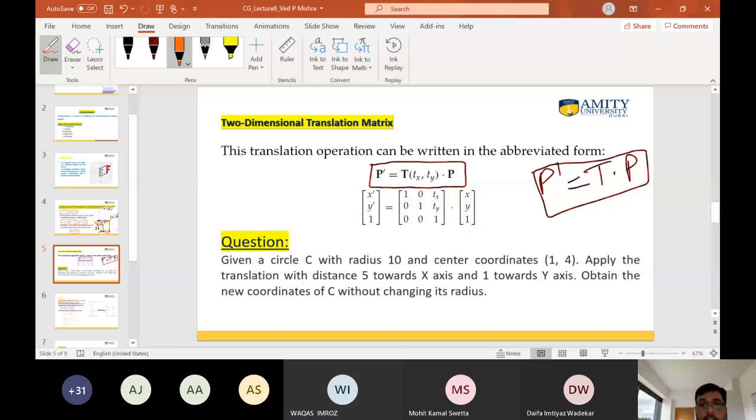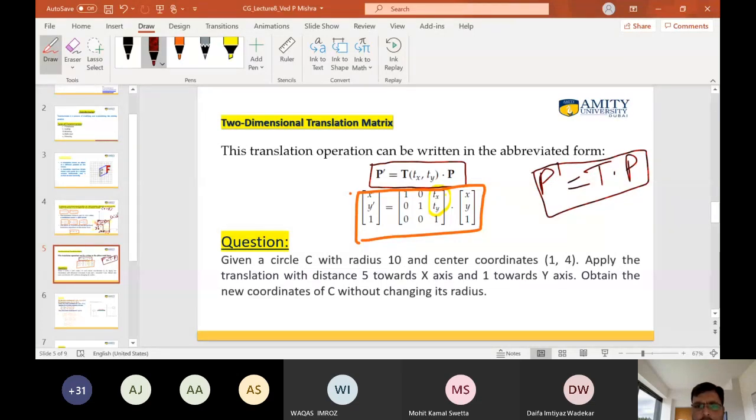x dash y dash 1 equal to T. What is T? You will take the unit matrix, and in that the last column will be Tx Ty 1. Okay. And then x y 1. So from here, if you calculate,